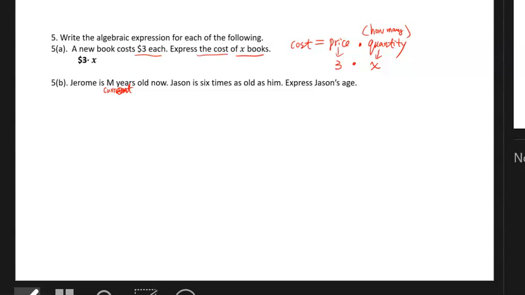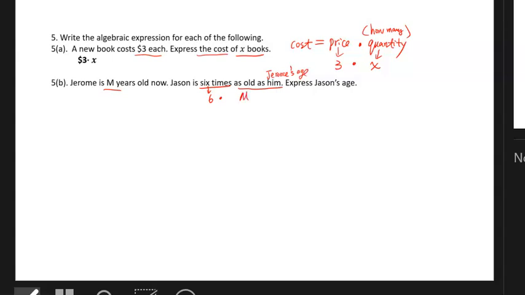And Jason's 6 times as old as him. So there's another person, and Jason's age is 6 times. So we're just going to convert these two symbols. 6 times as old as him. Him here means Jeremy, and we know Jeremy's age is